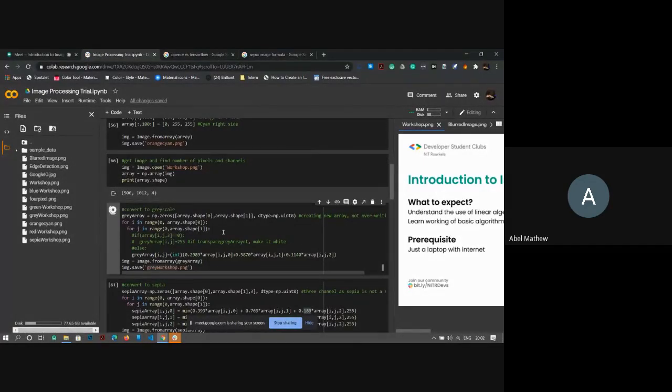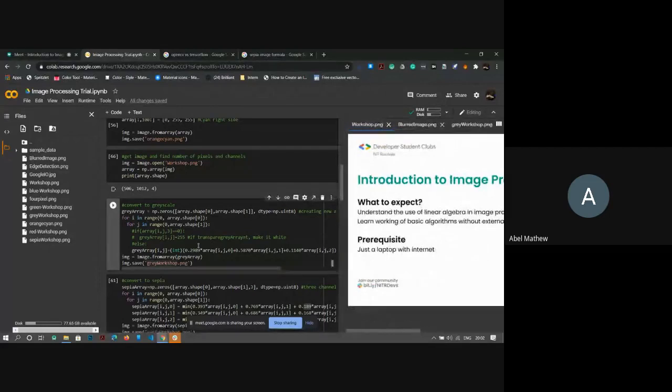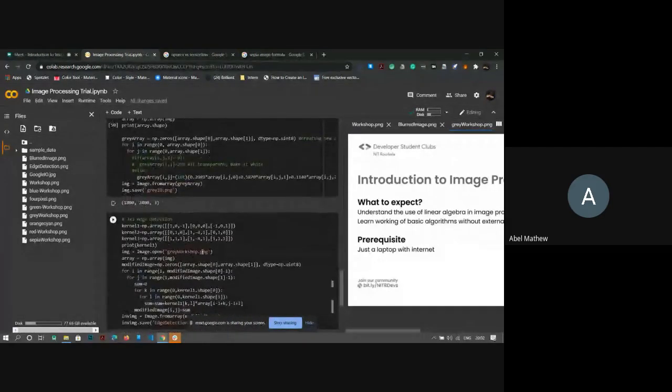In the meantime, if you all have doubts, queries, concerns, feel free to unmute and ask. I'll try to have a better example of edge detection by then. So we have a gray image, which is a bit more clean with respect to edges. So let us use that.